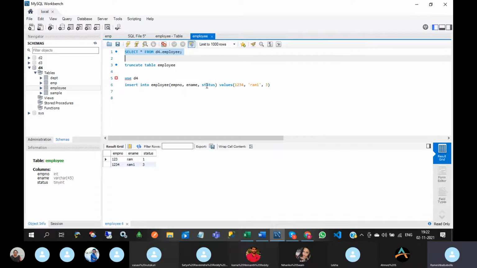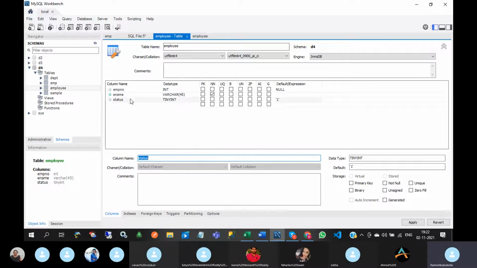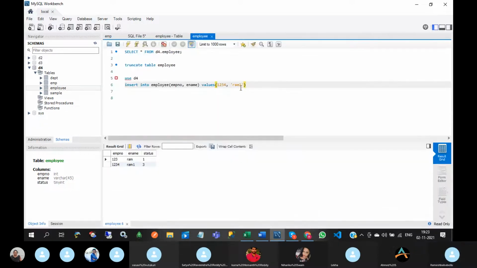If you consider this status column, then it will take that value. Suppose you are not considering this status column, then it will take 1. Why? Because for this status column the default value is 1.